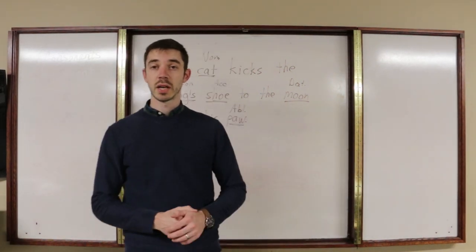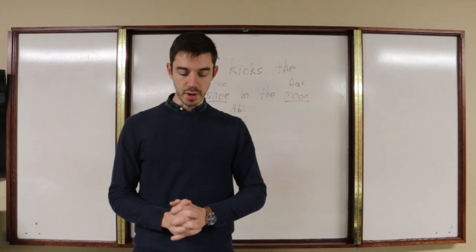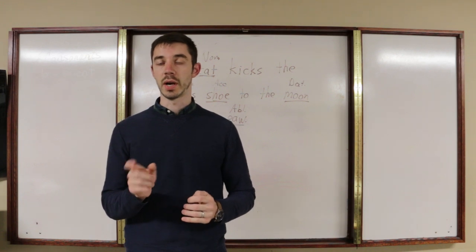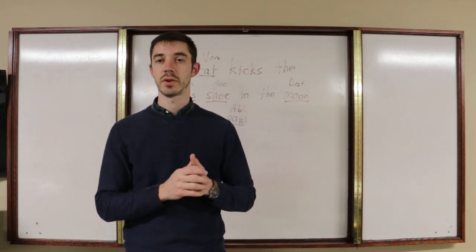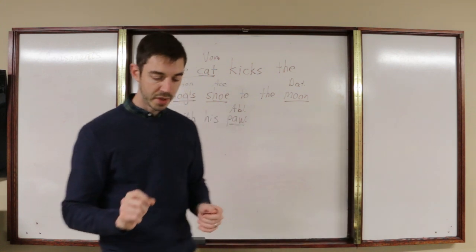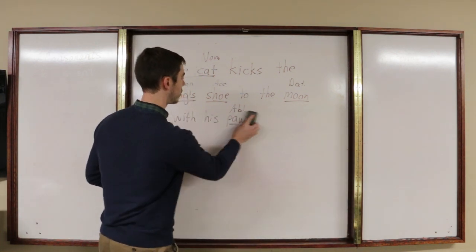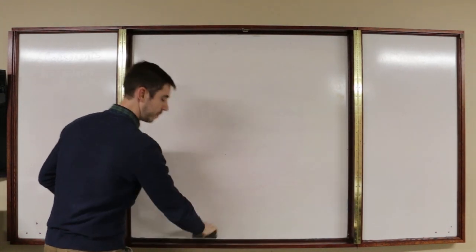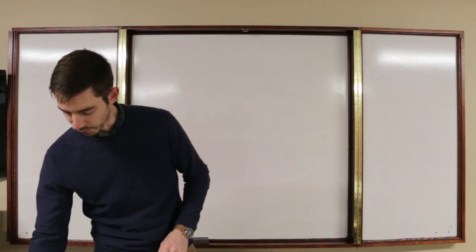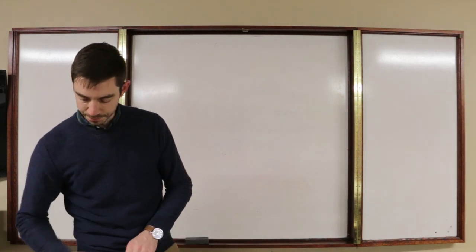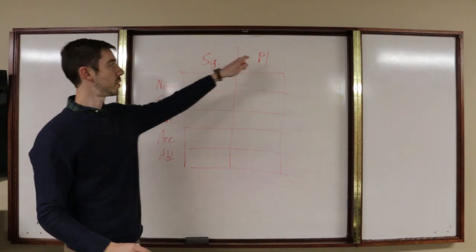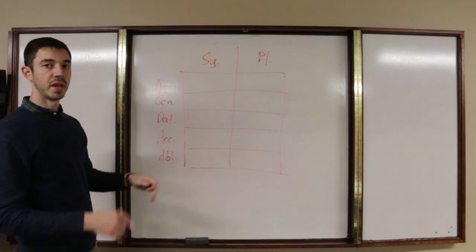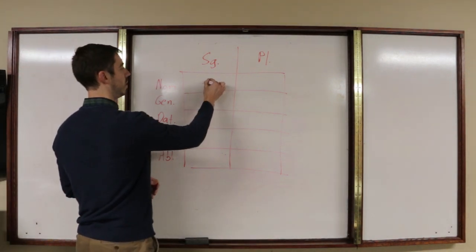So now we'll move on to talking about second declension neuter nouns. So what are second declension neuter nouns? Like we talked about at the beginning of the video, these are nouns that end in um. So let's erase this real quick, our silly sentence, and we will write out the endings for second declension neuter. So, singular, plural, we have nominative, genitive, dative, accusative, ablative. And the second declension neuter endings are